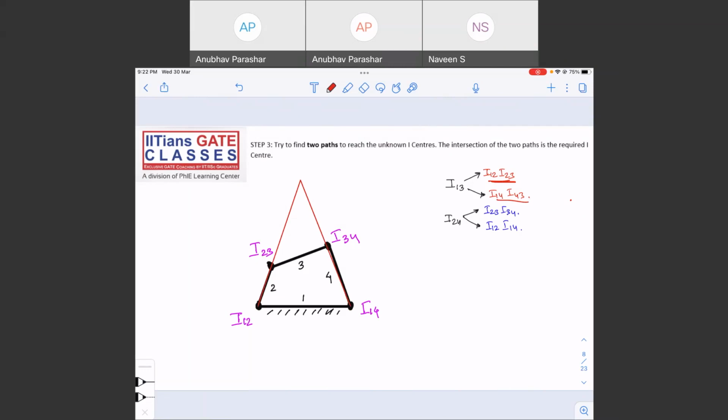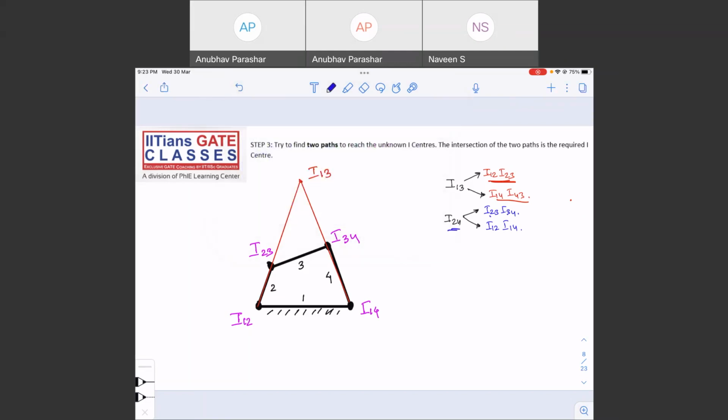is nothing else but the I center. The point where it intersects is nothing else but the I center, I center I 1 3. Similarly, if you want to find out I center 2 4, what you have to do,